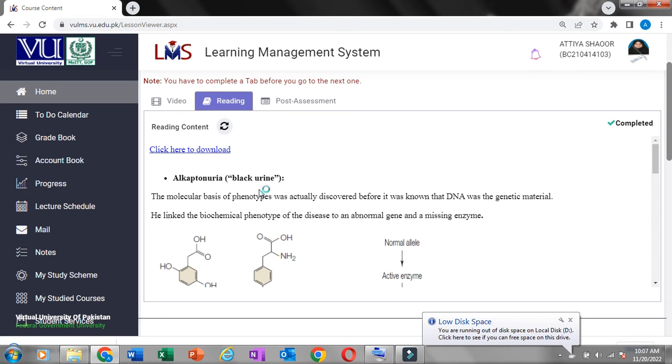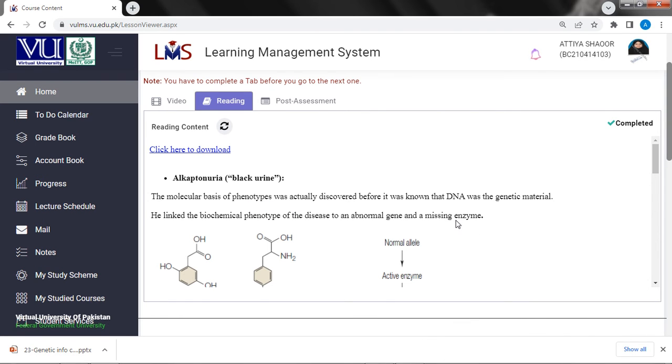Alkaptonuria, black urine. The molecular basis of the phenotype was actually discovered before it was known that DNA was the genetic material. He linked the